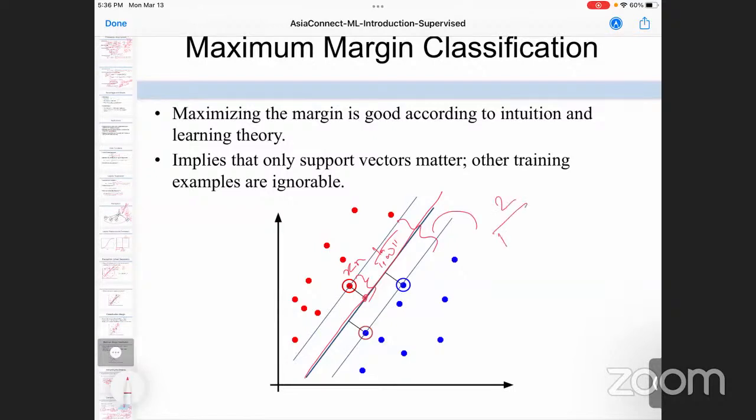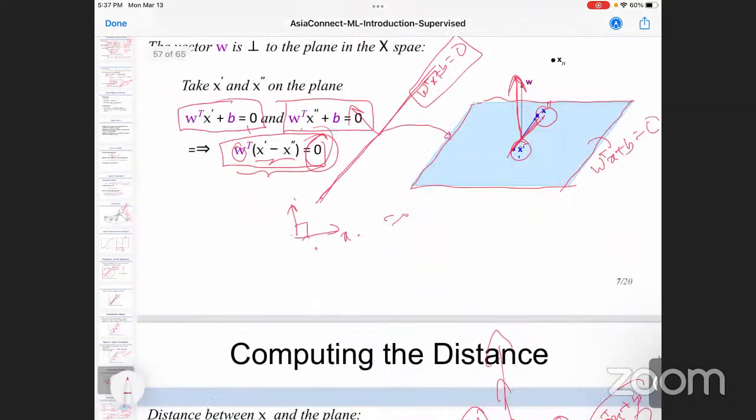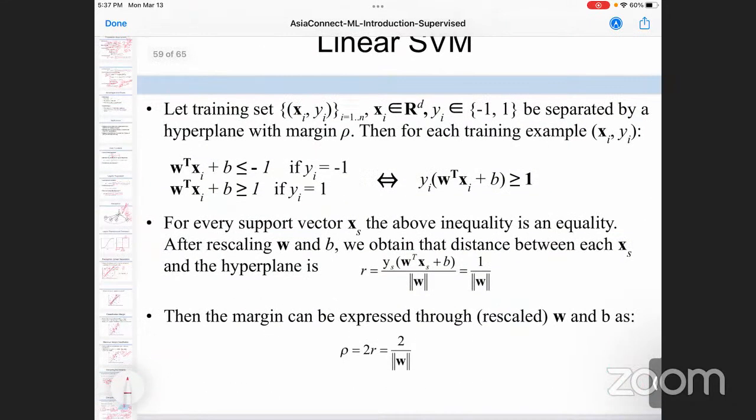It should be 2. Then what is the problem in support vector machine? So we have to maximize this, right? We have to maximize this. So this is the overall idea. We have to find a plane, a separating line, that maximizes this. Okay? I'm going into a little bit of mathematical details here.